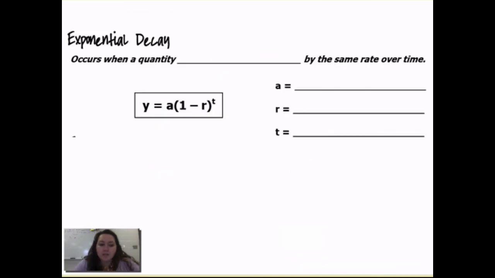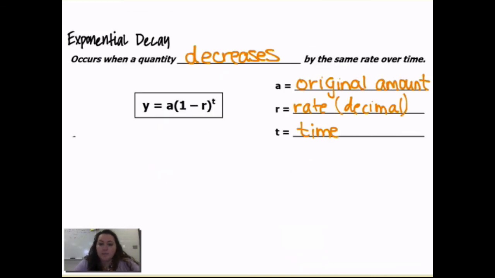Alright, exponential decay occurs when a quantity decreases by the same rate over time. A still stands for the original amount, R still stands for the rate in decimal, and T still stands for time in years. The only difference in your equation, instead of plus, we're subtracting the rate, 1 minus the rate, raised to the